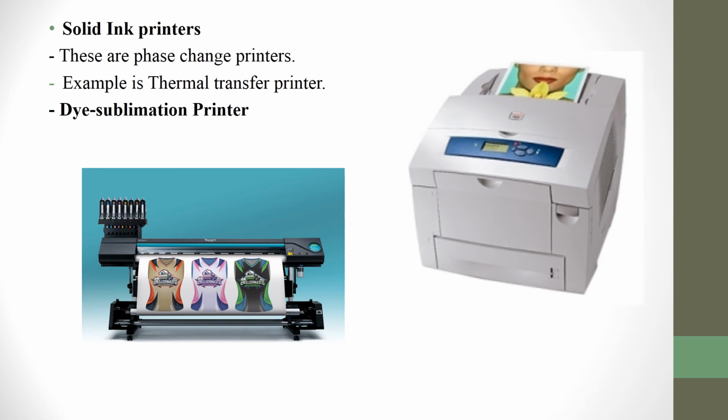Next is the solid ink printer. Solid ink printers, also known as phase change printers, are a type of thermal transfer printer. They use solid sticks of CMYK color ink which are melted and fed into a piezo crystal operated print head. The print head sprays the ink onto a rotating oil coated drum. The paper then passes over the print drum, at which time the image is transferred, or transfixed, to the page.